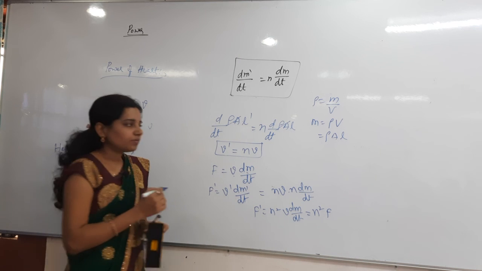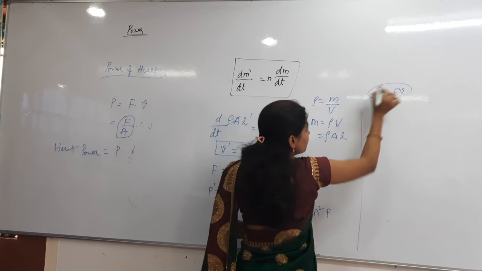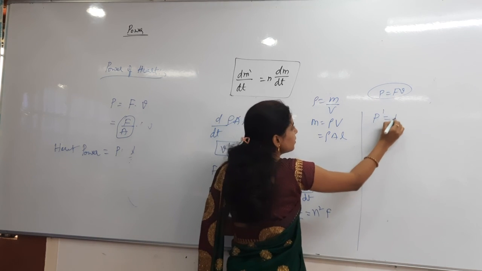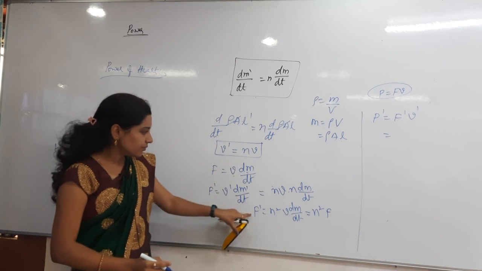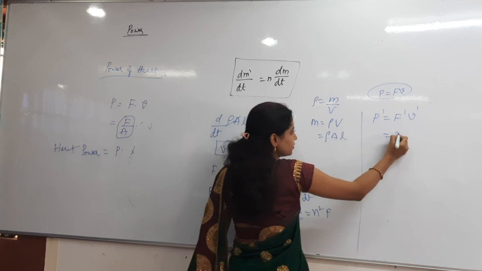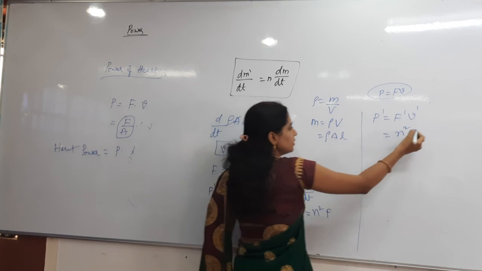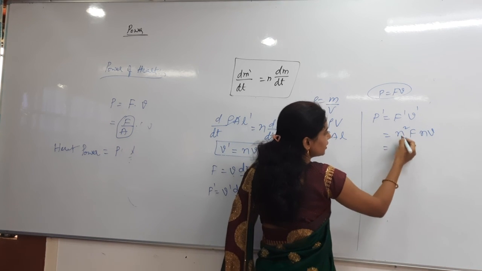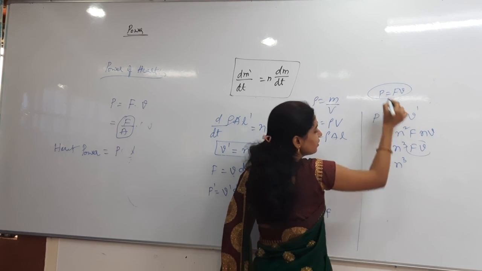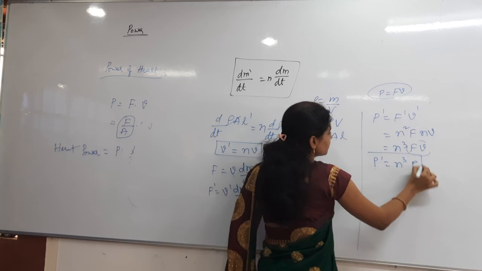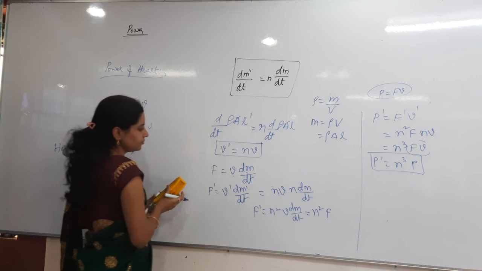Then you have to get the power. Power P dash is nothing but, what is the power formula? Generally P is equal to F into V. From this only you have to get. Then P dash is equal to what can I write? F dash into V dash. F dash is equal to how many times of F? N square times of F. N square into F. V dash is equal to how many times of V? N into V. So N into N square into N will be N cube into Fv. N cube into, what is the Fv means? Fv means power. This is P dash. Clear, right? Copy that.